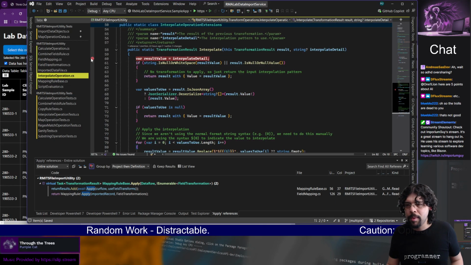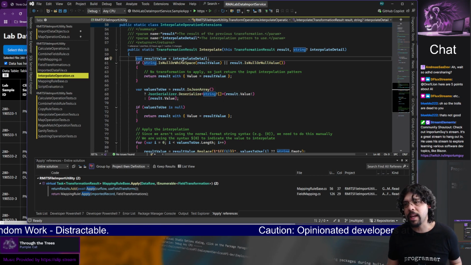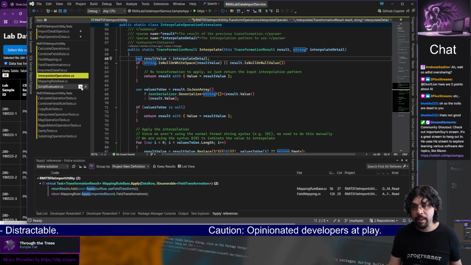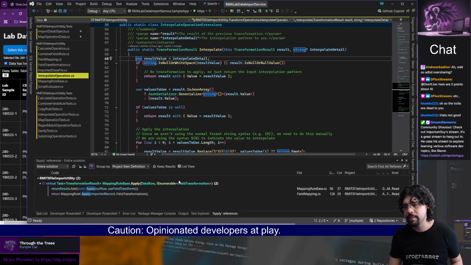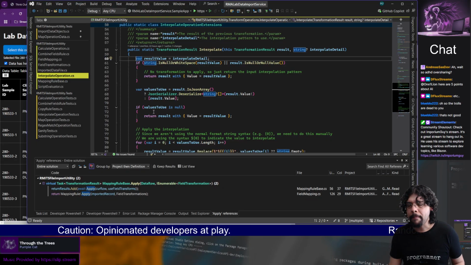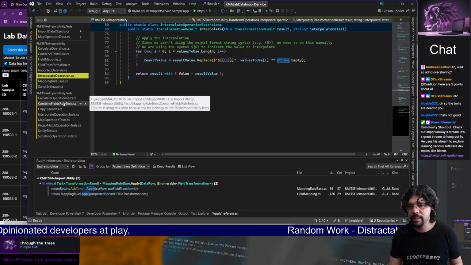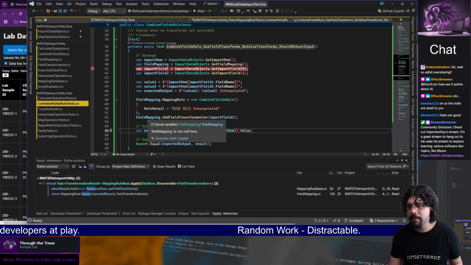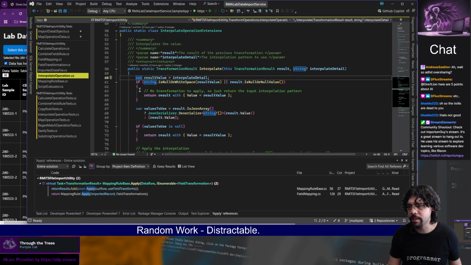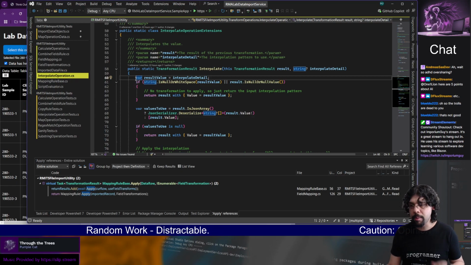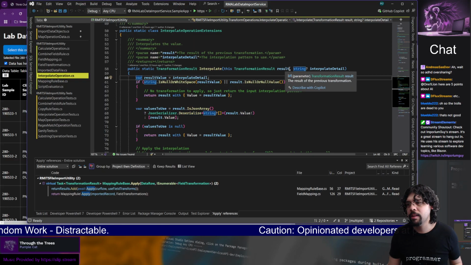Okay, where am I? What are we doing? So the thing that I'm currently working on, though, is, like I said, work product. This is a library for turning an Excel file or a CSV into a C# collection of target class. So what I am testing is the combine field. Right, and I was heading over to the interpolate operation, which is a value transformation operation, and I'm going to use pretty much the same logic